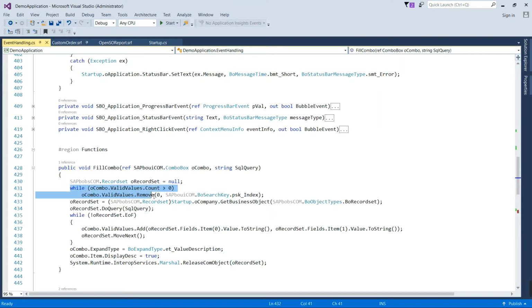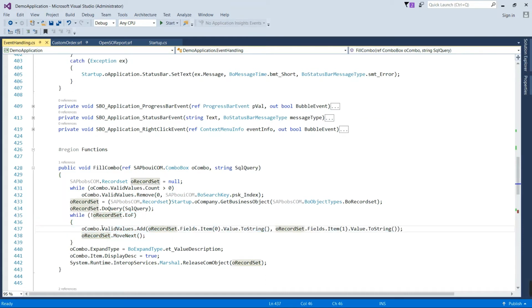So inside this function we are removing the previous value while iterating through the combo box valid values, and then creating the record set object. With the help of the record set DoQuery function we are executing this SQL statement, and again we are iterating on the record set object till the end.